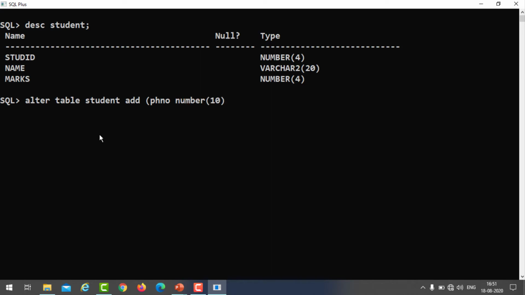There must be 10 numbers, so I declare 10. Then email: I have added the student email also, which I am capturing here, varchar2, then 20 I have declared here. We have already opened the open parenthesis, so we must close it. Then semicolon.